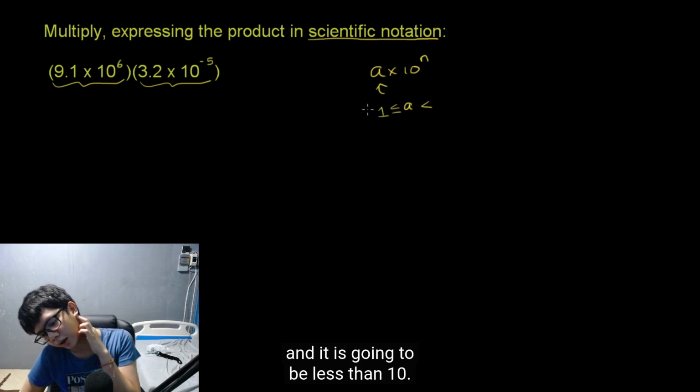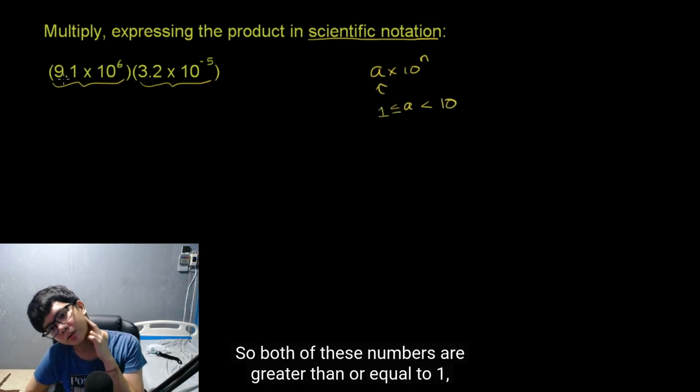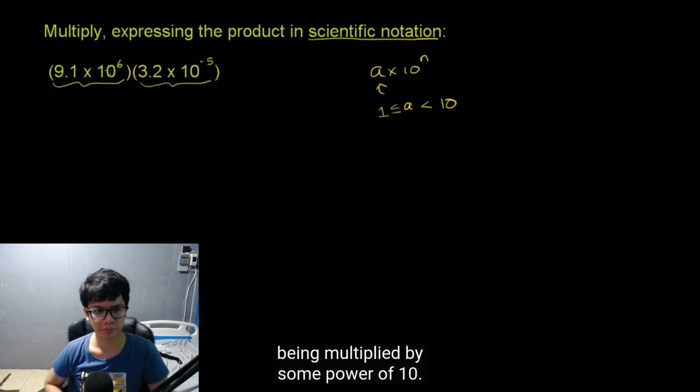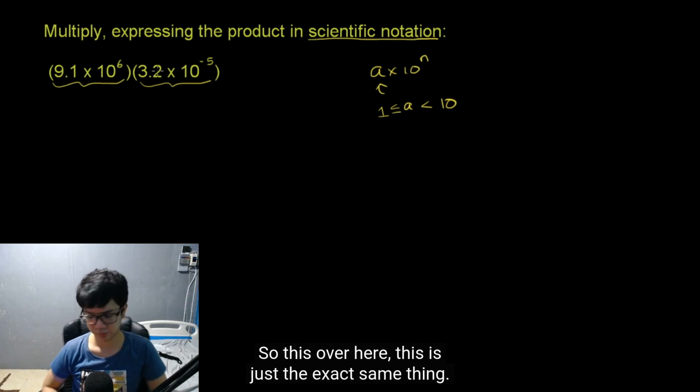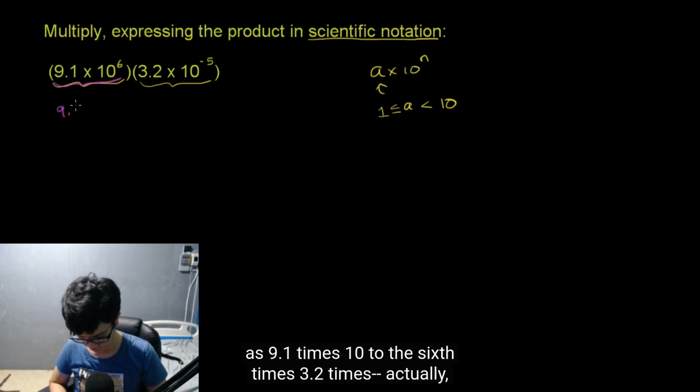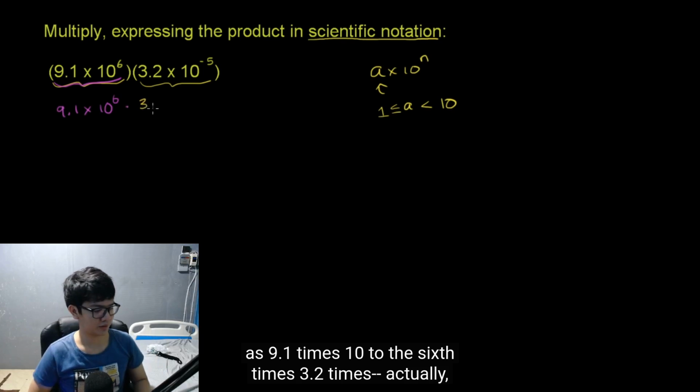and is going to be less than 10. So both of these numbers are greater than or equal to 1, and they're less than 10, and they're being multiplied by some power of 10. So let's see how we can multiply this. This over here is just the exact same thing. I'll do this in magenta. This is the exact same thing as 9.1 times 10 to the 6 times 3.2